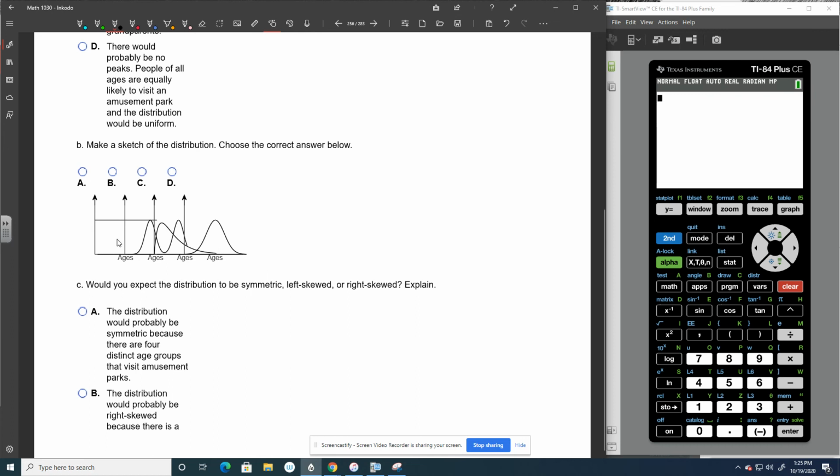Again, you're going to have to choose the one. They're on top of each other, so I can't tell for that one. C, would you expect the distribution to be symmetric? No, I wouldn't. And that's because when you look at the age of the people that are going, you have